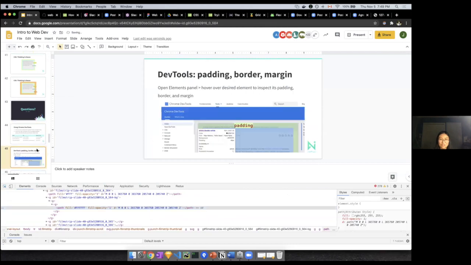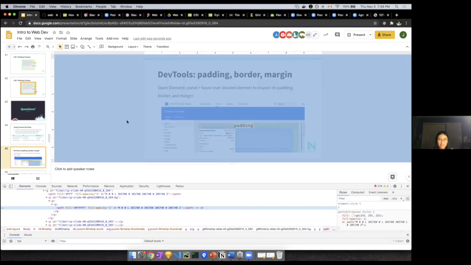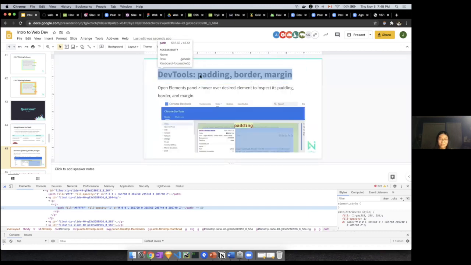And so moving on to our next part, what I want to show you is that you can actually view the padding, margin, and the border of certain elements on your page. So when you go into the elements panel and you hover over a certain element, you're able to see these three different attributes. On the Mac, what I actually like to do is Command-Shift-C to view the different